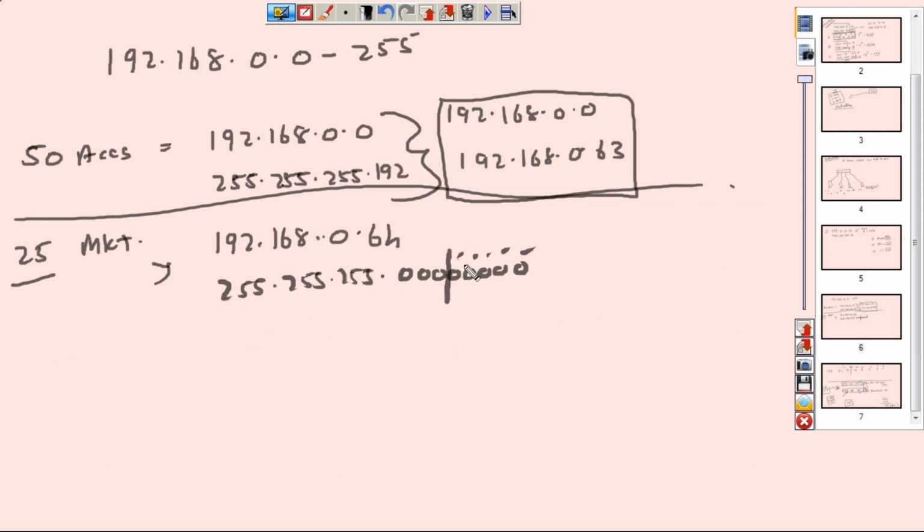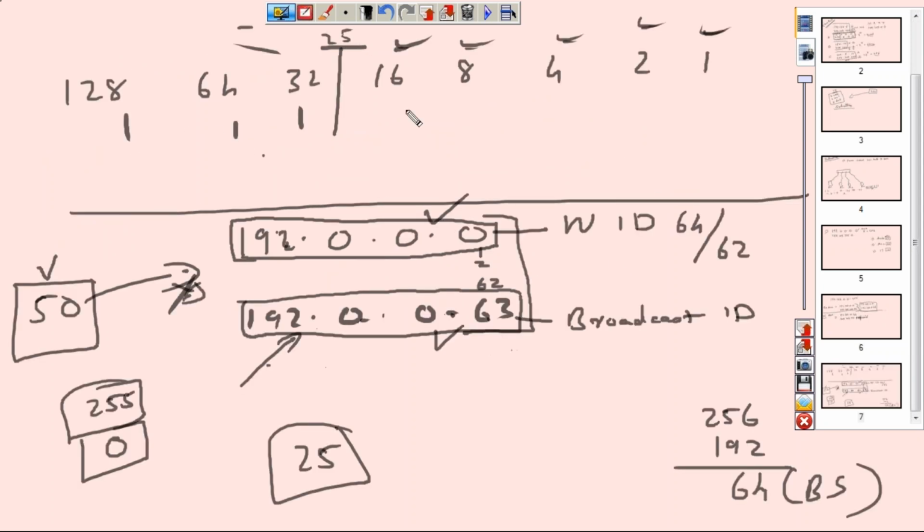And what we don't need, we are going to throw into the network side. So now when we reconvert this, 111 and all zeros, what do we get? That means 128 plus 64 plus 32. 128 plus 64 is 192, plus 32 gives us 224. Normal math here, guys.